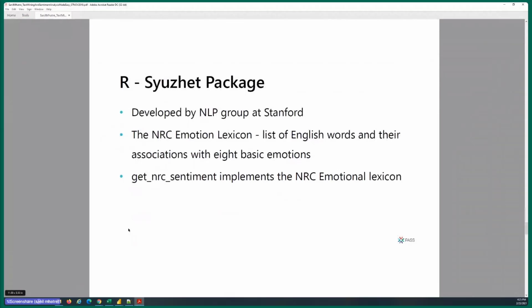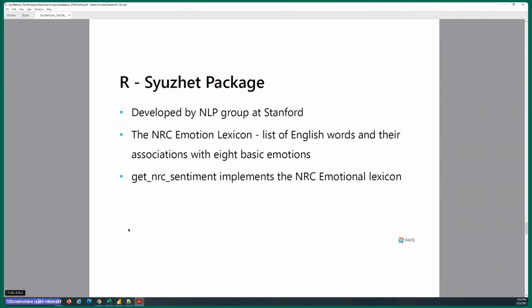So NRC is National Research Council of Canada. They created an emotion lexicon, which is basically a list of words and the association of those words with 8 basic human emotions.